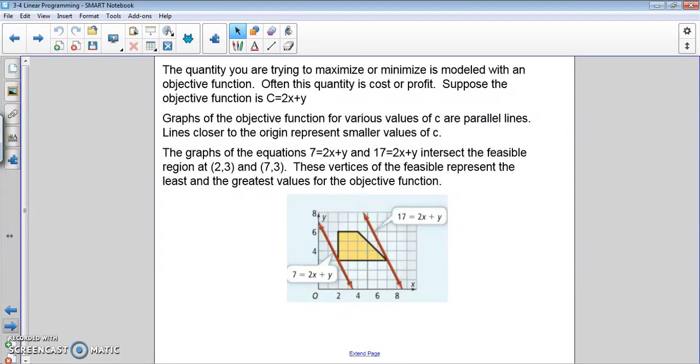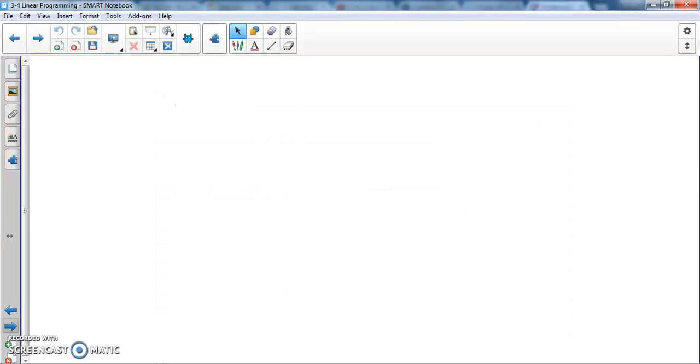The quantity you are trying to maximize or minimize is modeled with an objective function. Often this quantity is cost or profit because we want to minimize our cost and maximize our profit. Suppose the objective function in the equation below is c equals 2x plus y. Graphs of the objective function for various values of c are parallel lines. Lines closer to the origin represent smaller values